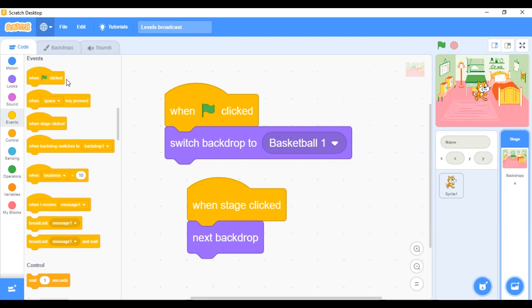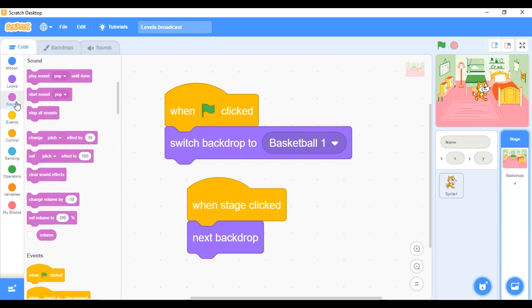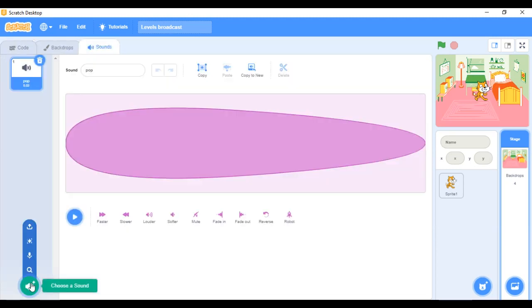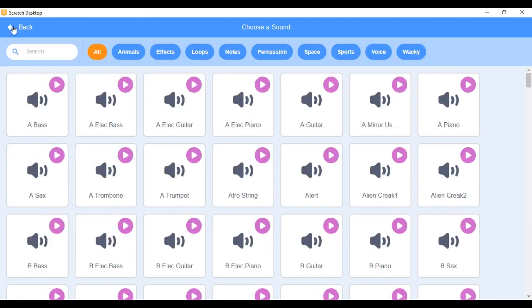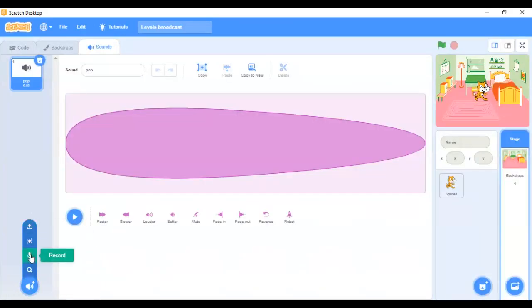So you go to sounds, and then from sounds, you can add them. To add a new sound, we have other blocks that are not listed here. We will discuss that in our next session. We will discuss how to add other blocks and how to incorporate a recording and add your own voice